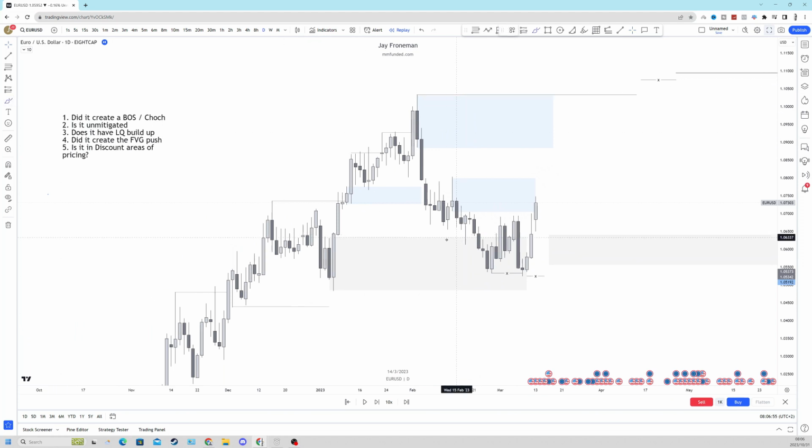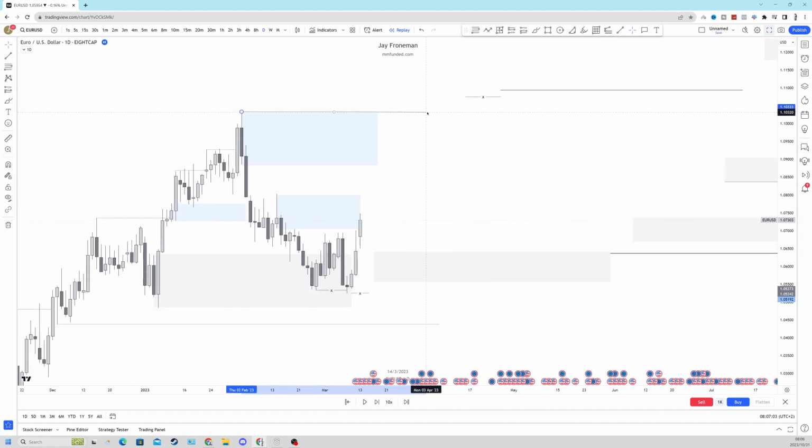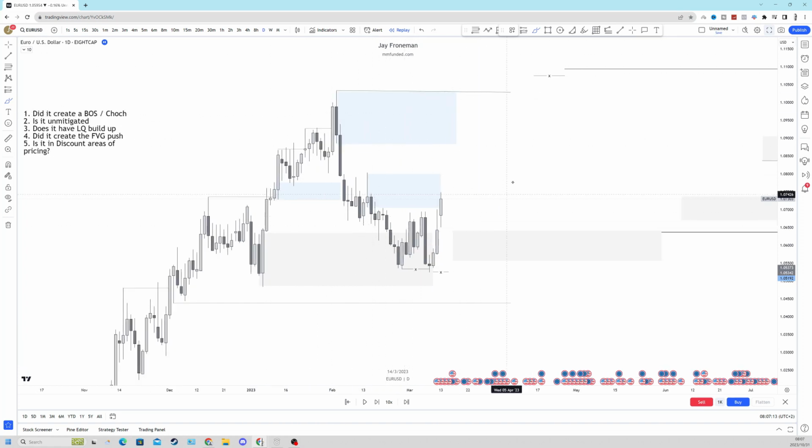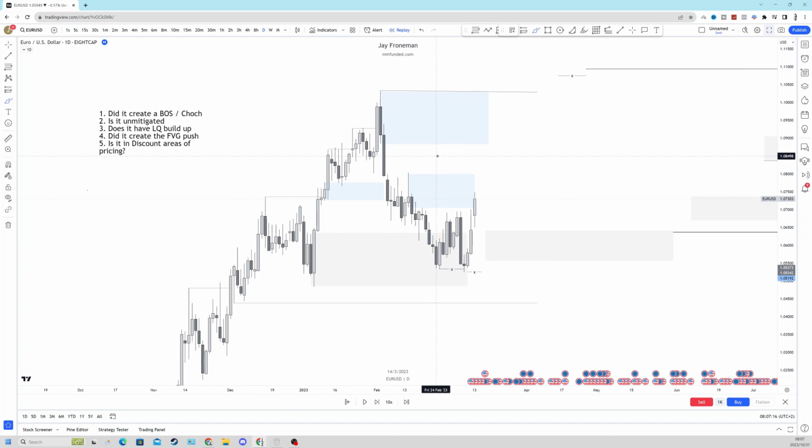All right. So keep in mind, we've now had that daily break of structure. We've got our daily strong protected low over here and our daily weak high. So in terms of swing structure, did the supply zone create a break of structure or a change of character? Well, at this point in time where price is currently lying, understanding our structural context, we've had the daily breaks of structure to the upside, strong protected lows are in play, meaning demand is currently in control. This supply zone did not take out the previous strong protected low,